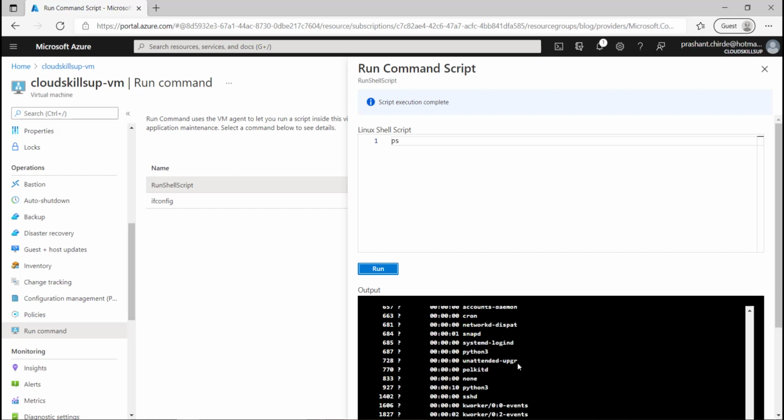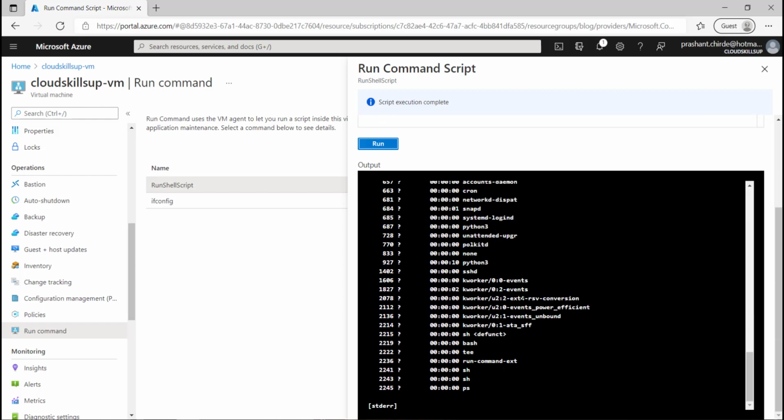So you can see like this, you will get the command output here, and you can find out what the status of your service is. This is one pretty cool option in the Azure portal, where everyone will get confident about the next troubleshooting steps. Okay, we consider that we didn't get this response also.